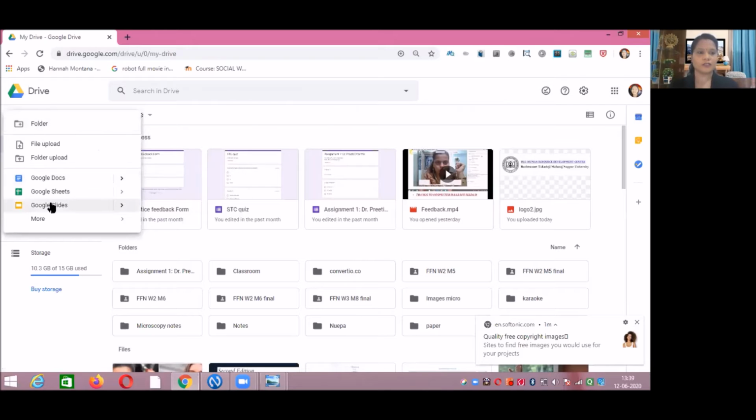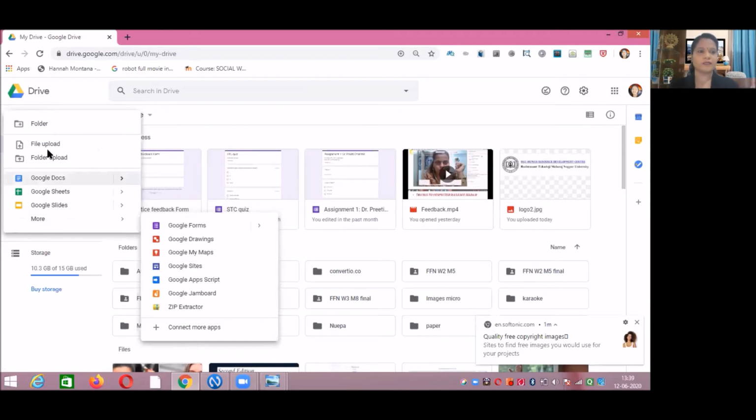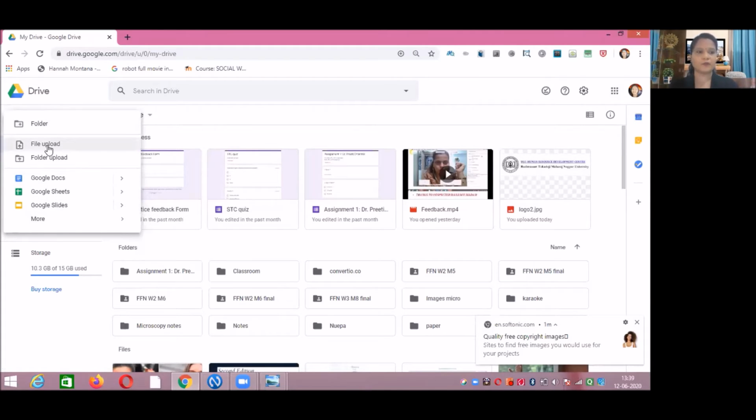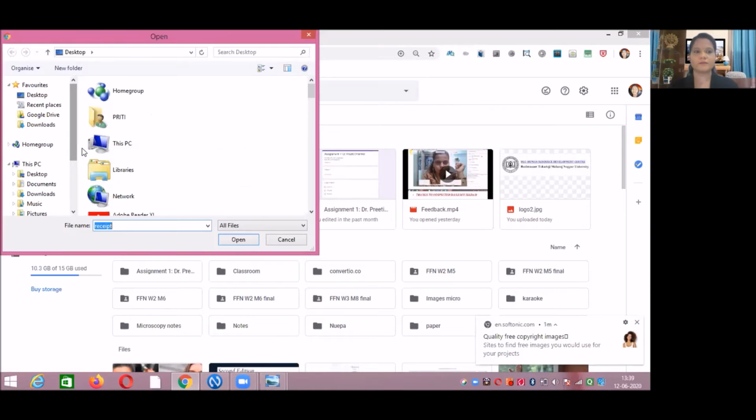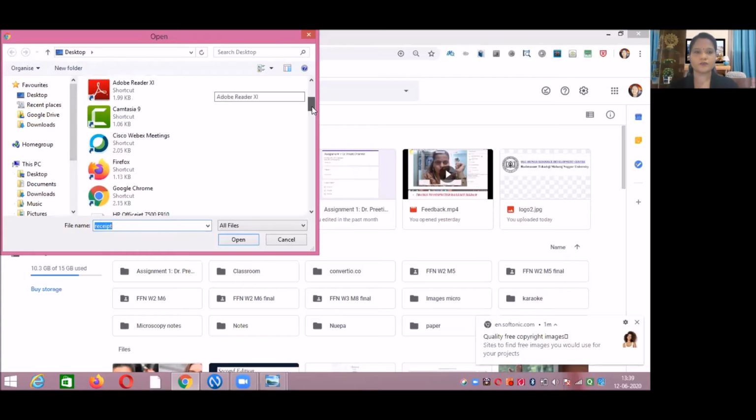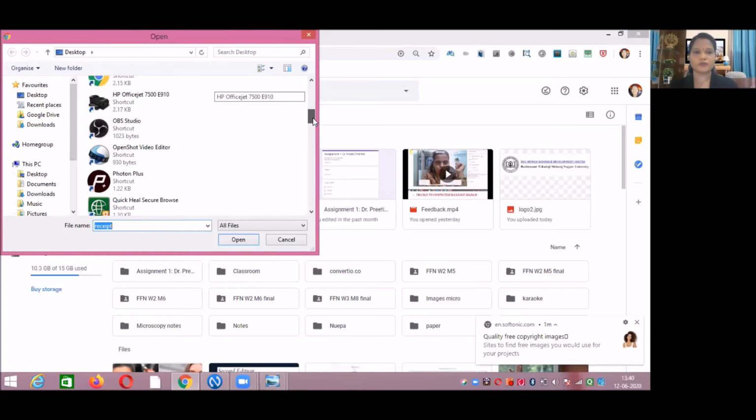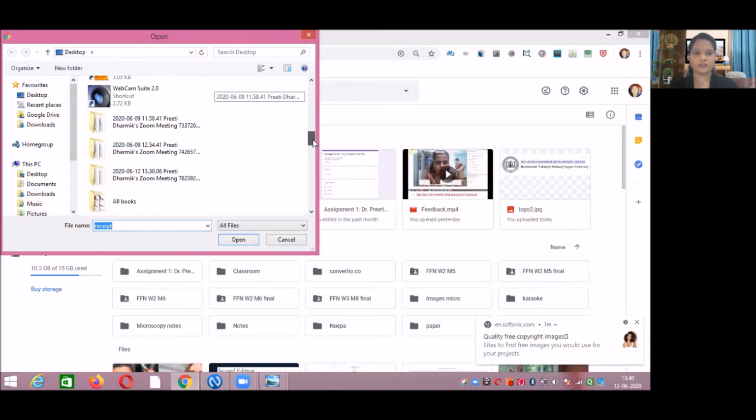After clicking on New, there are two options, that is File Upload and Folder Upload. That depends upon you. If you have a single file of Word or any sort of file, you can upload this by clicking on File Upload. After clicking on File Upload, search for that particular file which you want to upload in your G Drive.